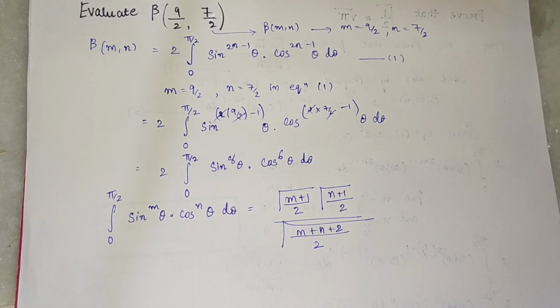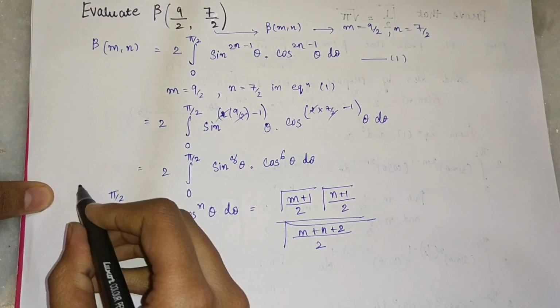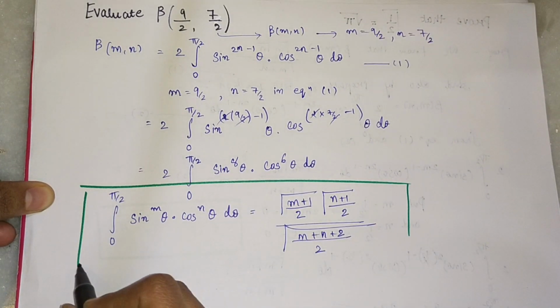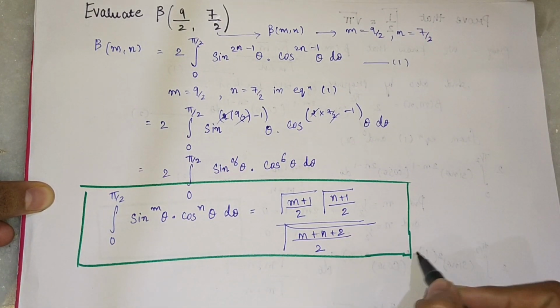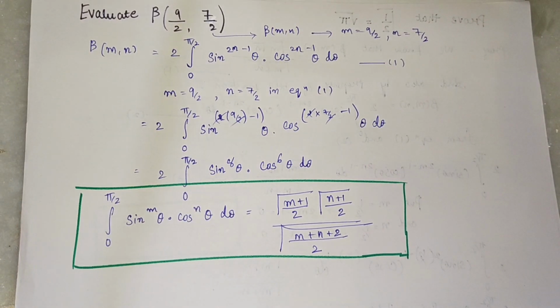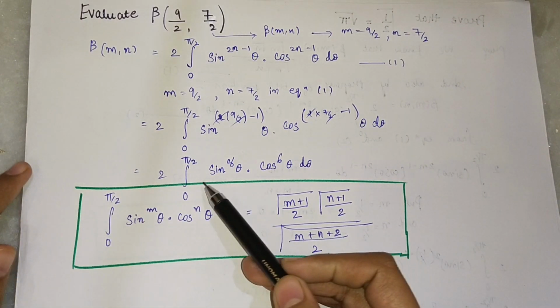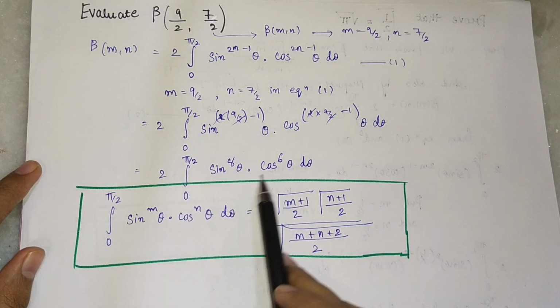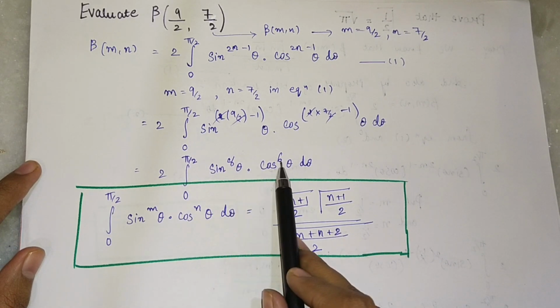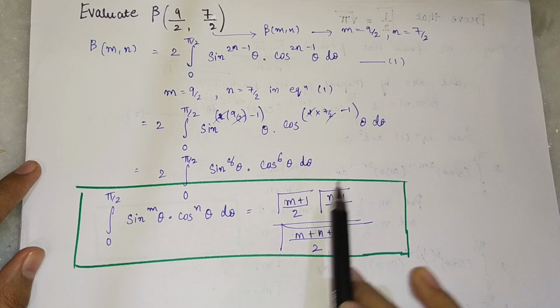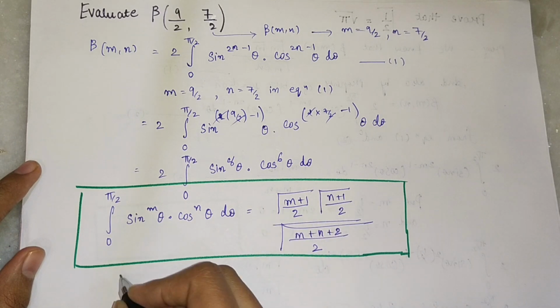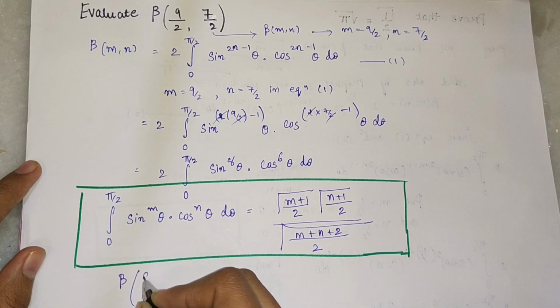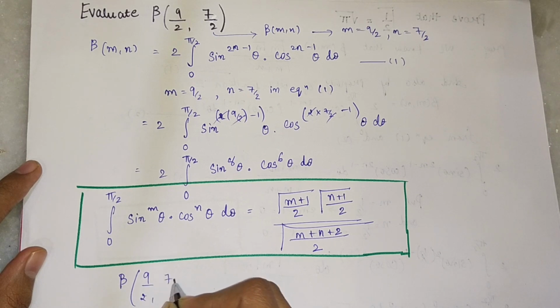Okay, this is the property. This is one formula that you have to remember: whenever you get this form, that is sine raised to m theta and cos raised to n theta, then you directly have to substitute the value of m and n in this equation. So if we directly substitute the value, then we get beta 9 by 2 comma 7 by 2 equal to,